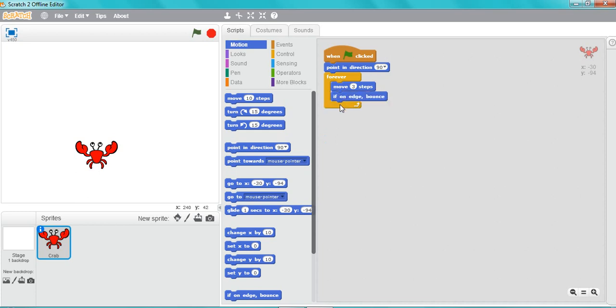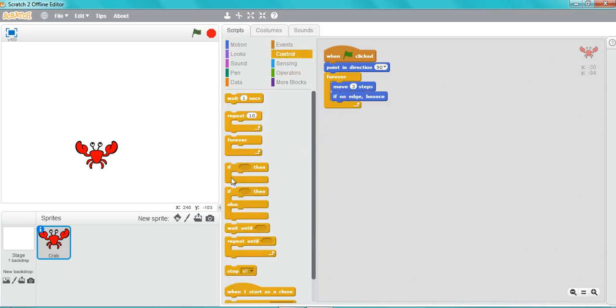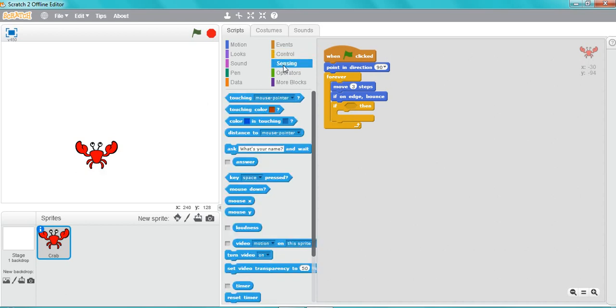Then we go back to controls, and it's the if condition. If we put this block, it'll be like if, and then there's this condition. Suppose if it's touching the red color. In sensing you have it. If it's touching the red color, or the mouse pointer, or any other sprite, or if this color is touching this color, so any of these conditions, then whatever is there, it's going to do that. If it's not following that condition, it's not going to do it. So we go if touching